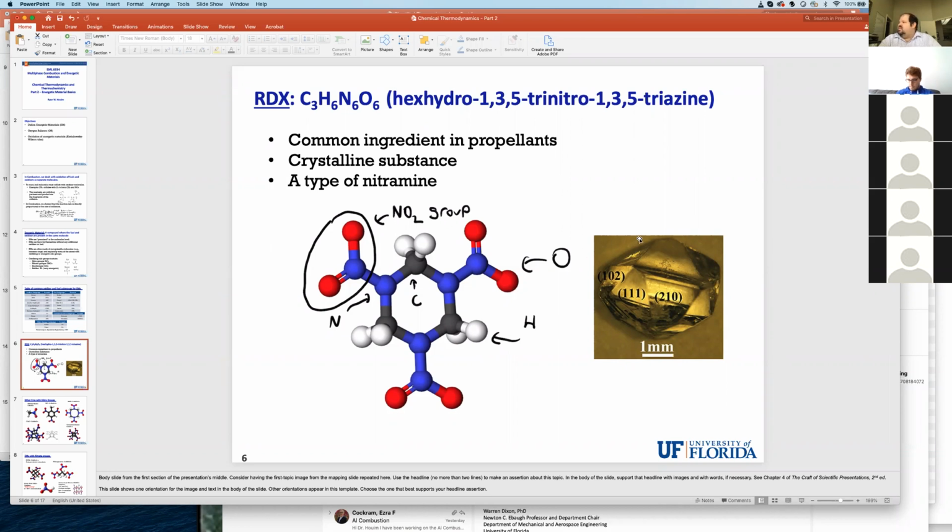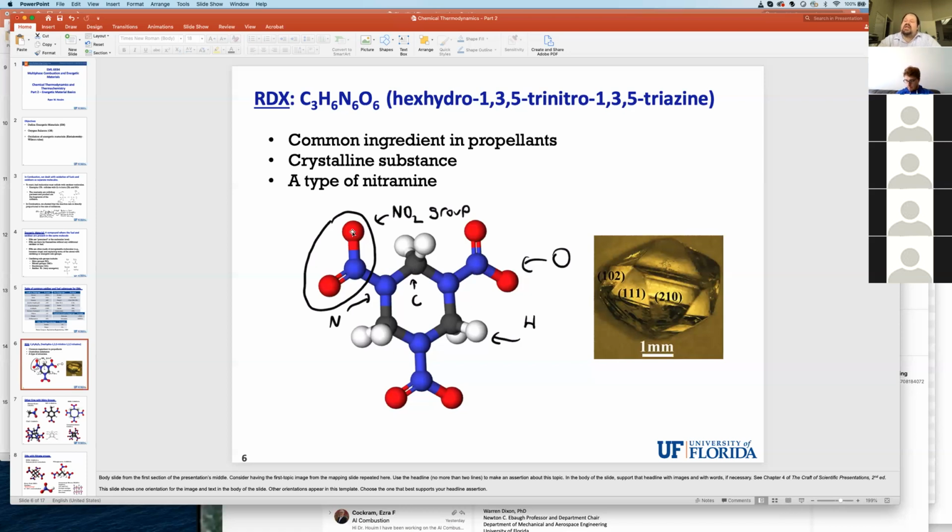And physically, it is a crystalline substance. If you look at RDX powder, it doesn't look unlike sugar. Really, you can almost think of RDX as if they took a benzene ring, replaced 3 of the carbon atoms with nitrogen, and to those nitrogen atoms they attached a nitro group. Okay, so in this one molecule you can see they have carbon and hydrogen